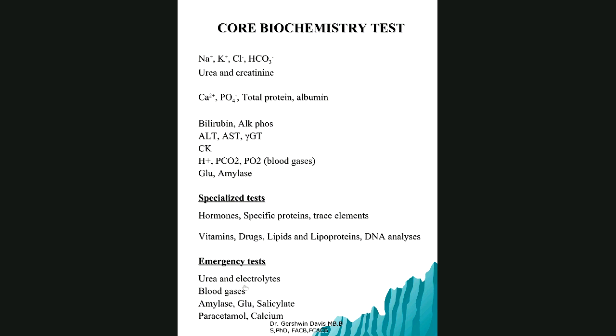Whereas if you're coming into clinic after you have been on the ward being managed for diabetes or some other glucose derangement, then that would be a routine test or core test. So when you finish your rotation in clinical chemistry, all of these core tests would have to be covered. For example, you've done so far your CK, say cardiac biomarkers.